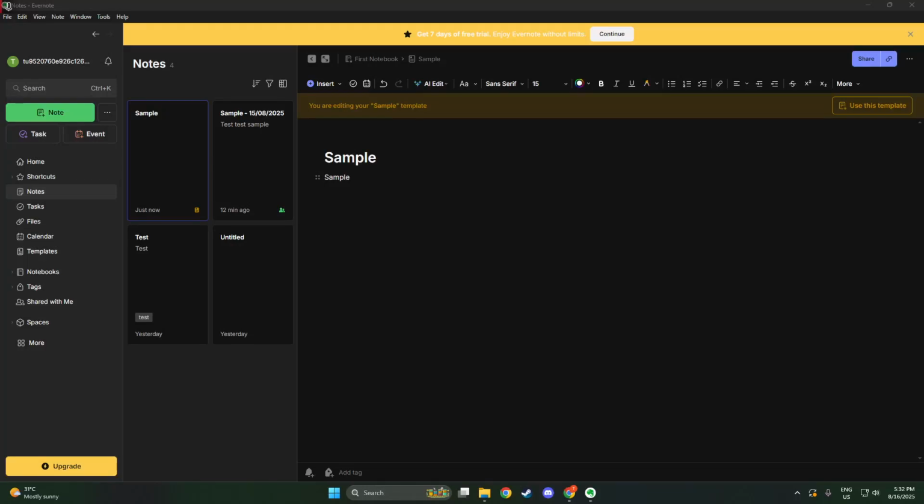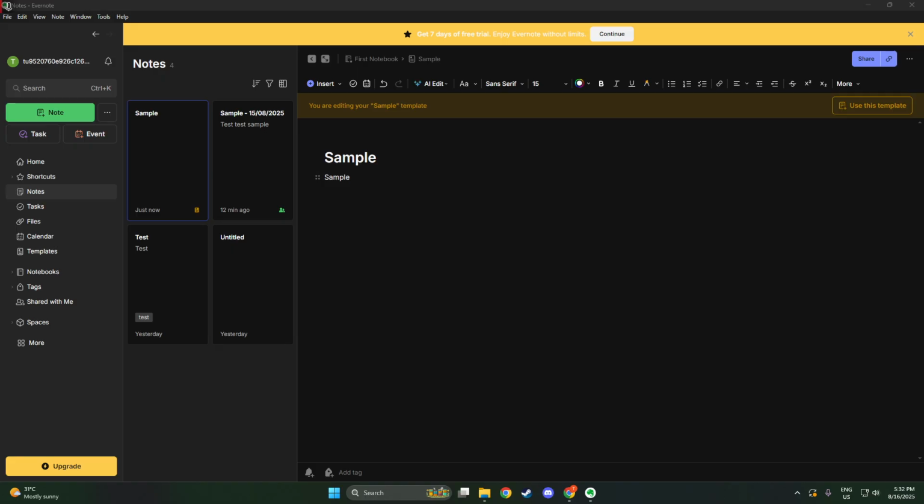In today's video, I'm going to teach you how to password protect your notes in Evernote on Windows. Evernote is a versatile and popular tool used by many for organizing thoughts, tasks, and information. However, sometimes our notes contain sensitive information that we want to keep safe from prying eyes. Adding a layer of encryption is a practical way to secure your content, and I'm here to guide you through